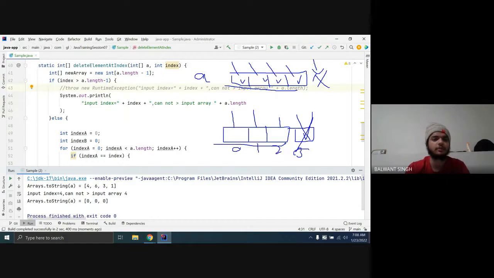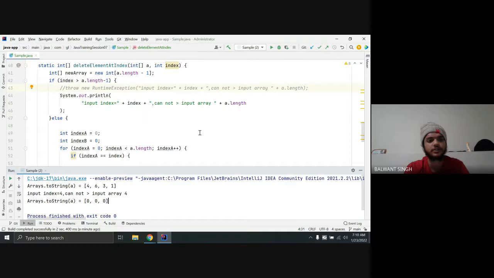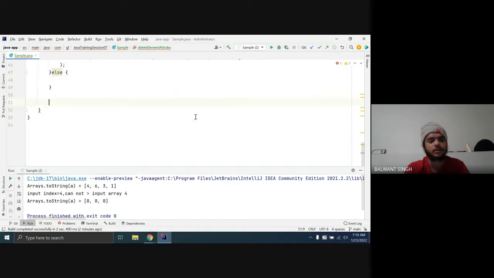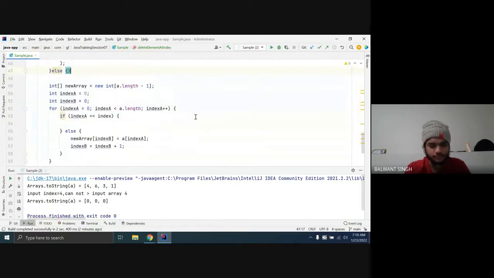And when we put our index like 4 over here in this example, why does it show the out of bound exception? Let me explain again.